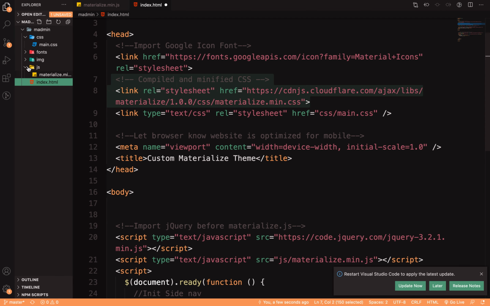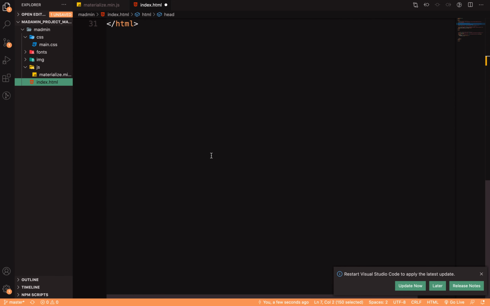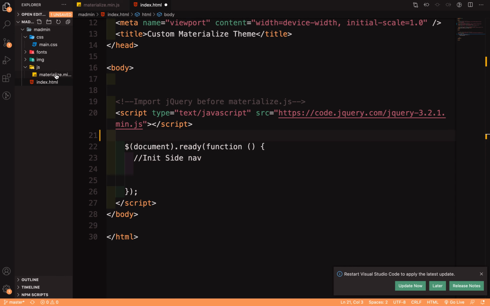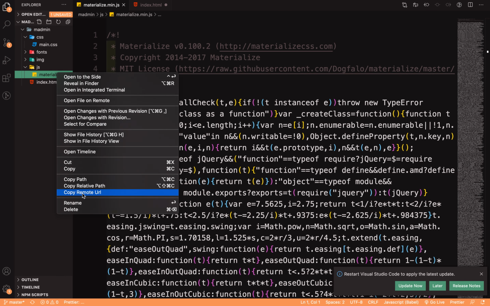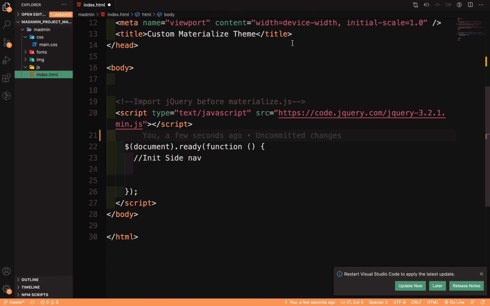So dahil JavaScript siya, napansin niyo, JS file with materialize.min. Nandito siya sa baba. Eto siya. Alright? So this one is hindi na ito yung gagamitin natin kasi hindi naman maganda kung yung luma yung gagamitin niya. Alright, besides yung documentation is yung bago na. So I need to delete this one and of course, palitan ko na rin to. Tanggalin ko na rin to. I will delete. So para yung mga components na tinatawag natin, papalitan natin siya ng bago, kasi nag-update na siya. Alright, so right after that,